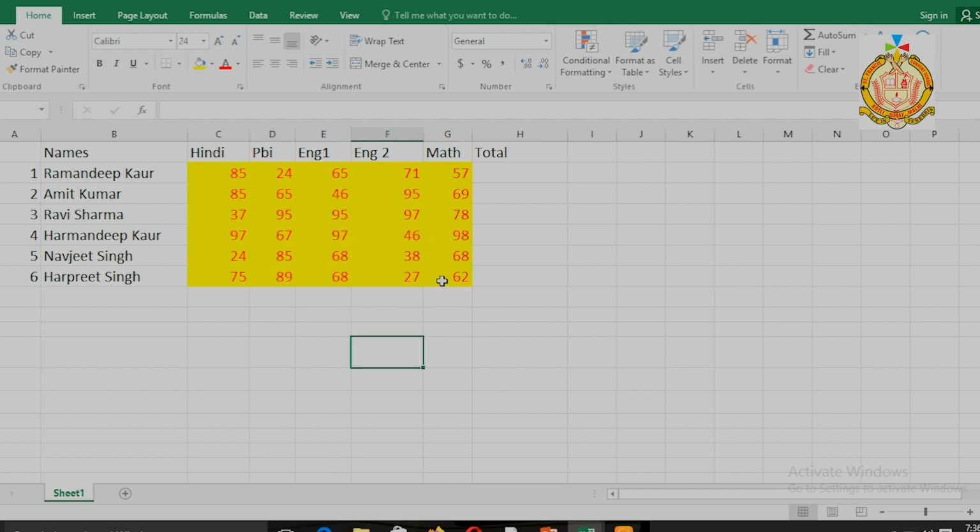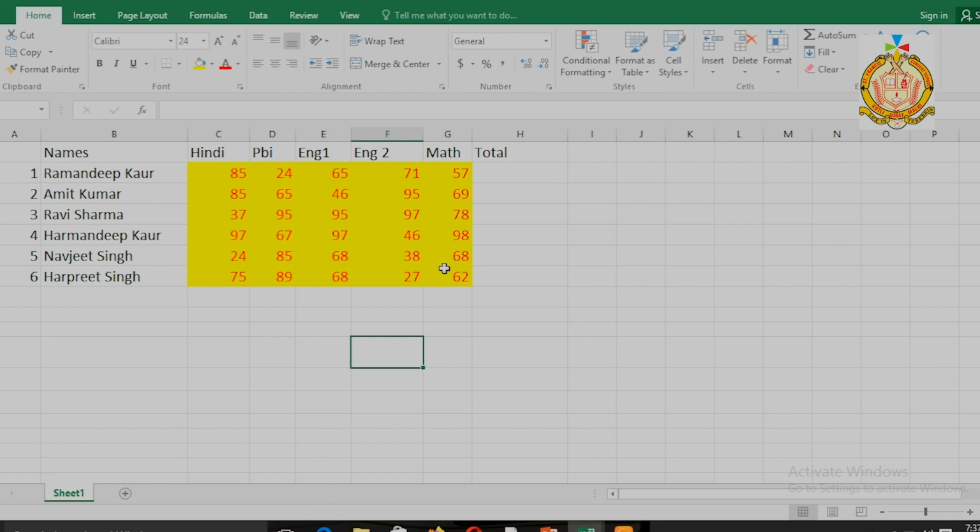One thing more I want to make clear, students. When you are preparing a result, say you have 45 students in your class, if a student has less than 40 marks, he or she is considered as failed in that particular subject. But if we have 500 or 600 students, it will be very difficult to find them. With the help of Excel it will be very easy.